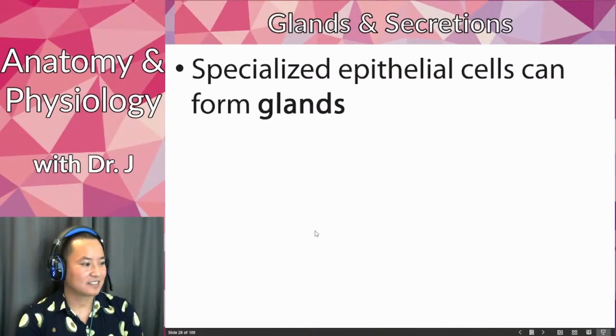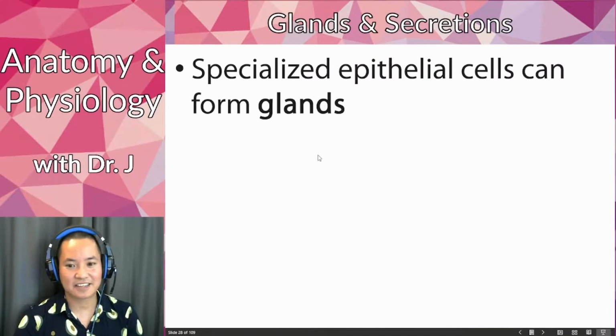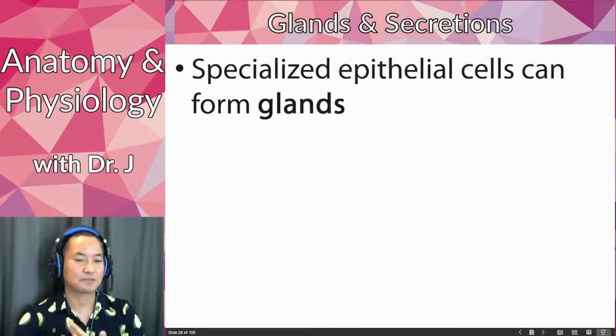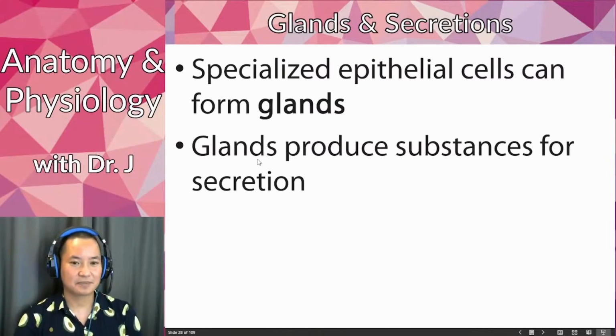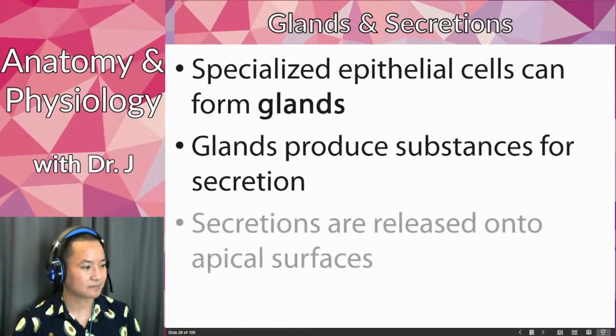So, glands and secretions. What we have here is that epithelia can actually fold in and form something we call glands. Whenever you have these glands, they're specialized epithelia, but instead of just being a flat sheet of cells, they're able to form all these structures and tubes. These epithelia also produce secretions, and a secretion is basically a cell producing something and then releasing it to its environment.